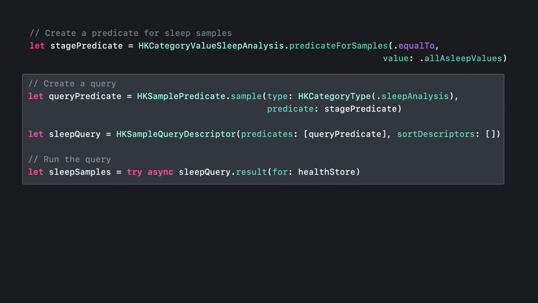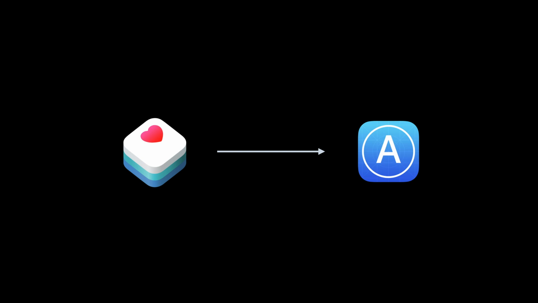Since iOS 15.4, we have updated our query API to support Swift Async. Queries are an essential piece of HealthKit, and with Swift Async support, they're easier to use with a more concise syntax. Queries allow you to read various data from HealthKit, using predicates to filter the results, and also watch for new data as it comes in.